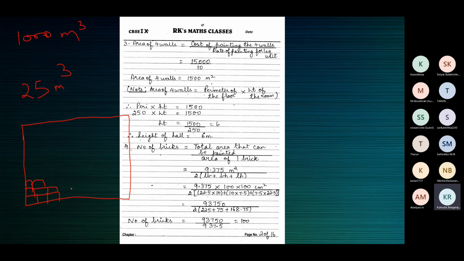The total volume of the room is 1000 meter cube. Each box, see, it can be cubical, cuboidal, leave that. So each box will take up a volume of 25 meter cube. So how many boxes can you arrange in this room? What will be the maximum number of boxes that can be arranged? 40. So you can place a maximum of 40.